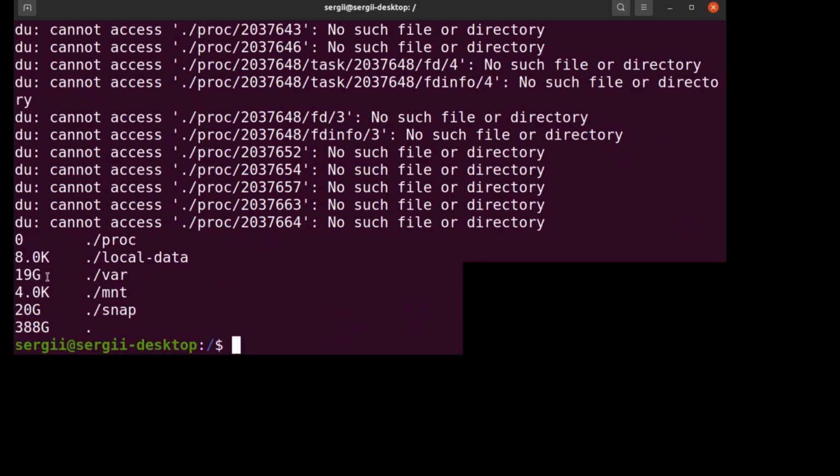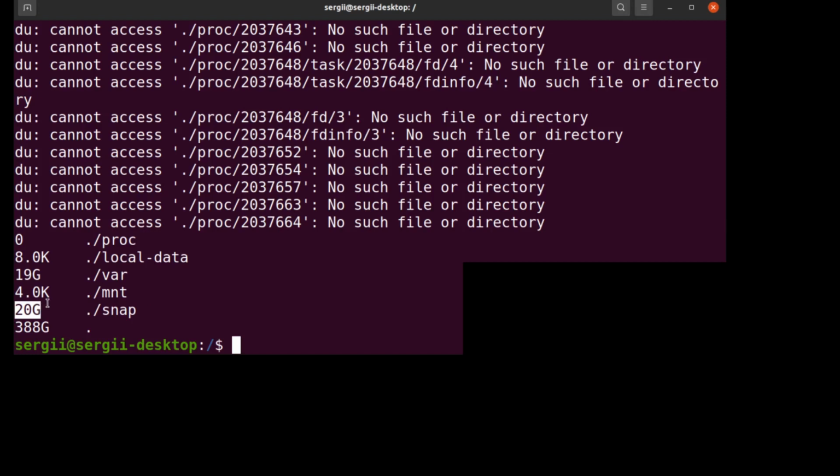But what I found is that we have this 20 gigabytes of something inside of this snap folder. This snap folder is responsible for package management, like when I install something from snap repositories, right? And it seems I installed probably a couple of things, like 2 or 3 applications, but it's certainly not taking 20 gigabytes.